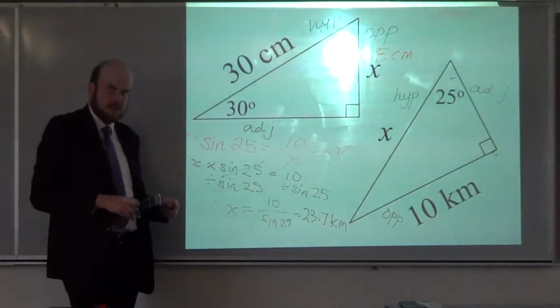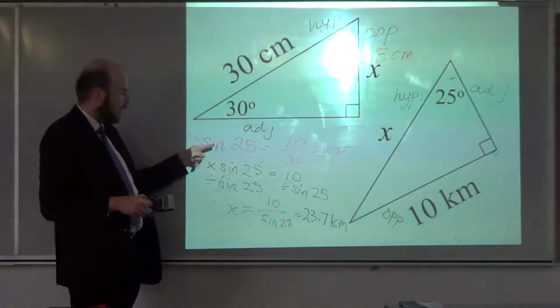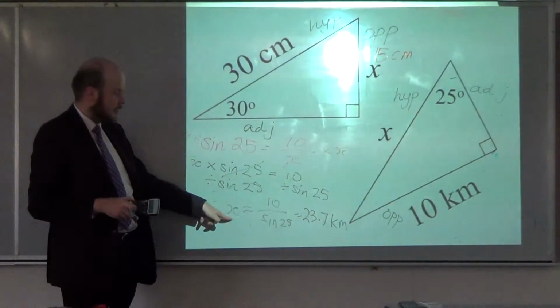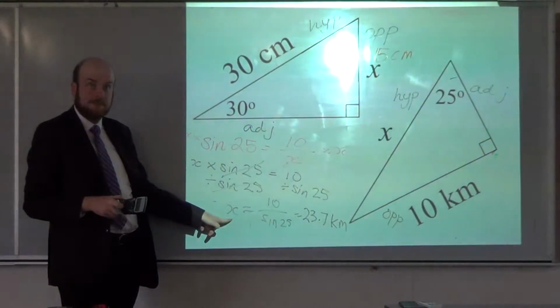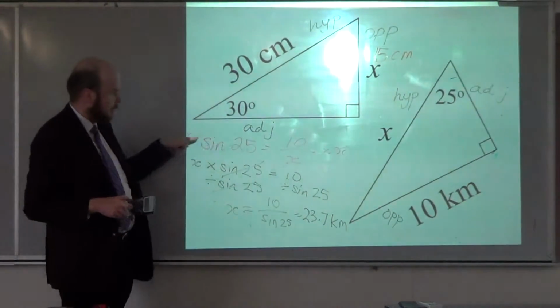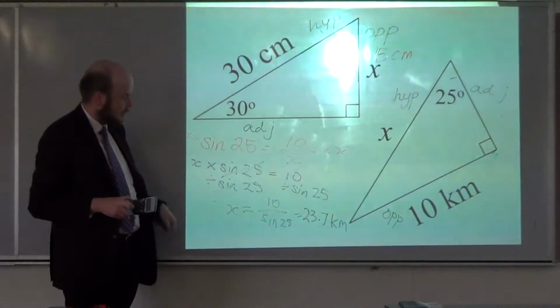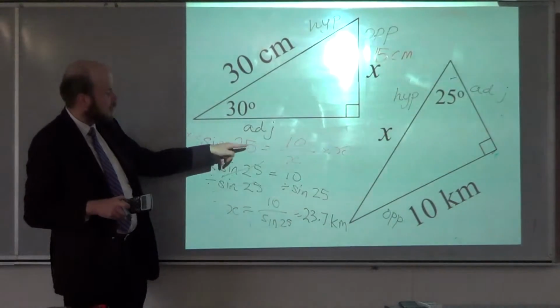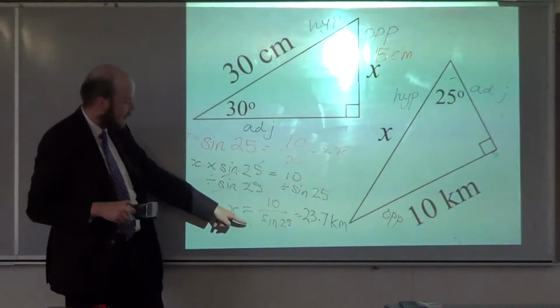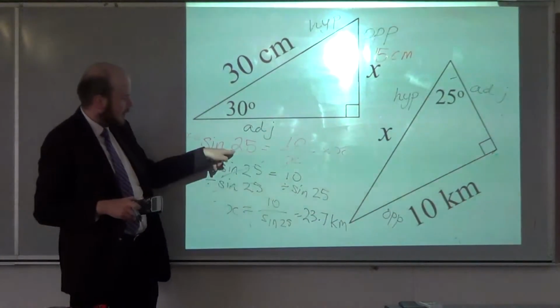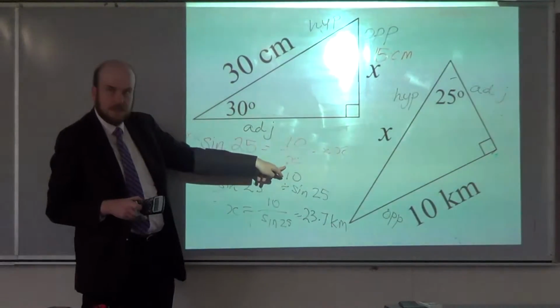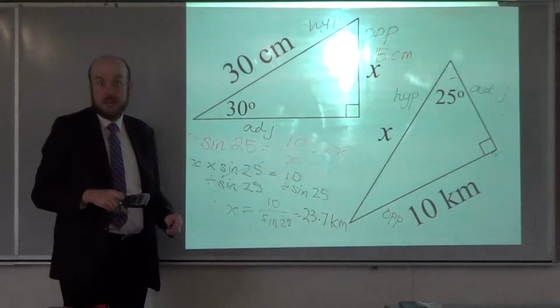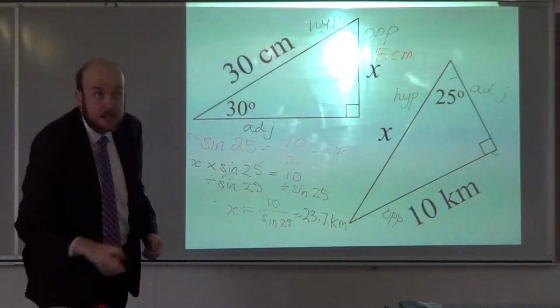I wonder if you've noticed when I worked out how I could get from this step to this step very quickly. You know how I multiplied x's on both sides and I cancelled things out? I don't know if you've noticed, but when I did sine 25 equals 10 over x, the final answer here, all I did was swap the sine 25 and the x around. So in other words, what I could have done, if I